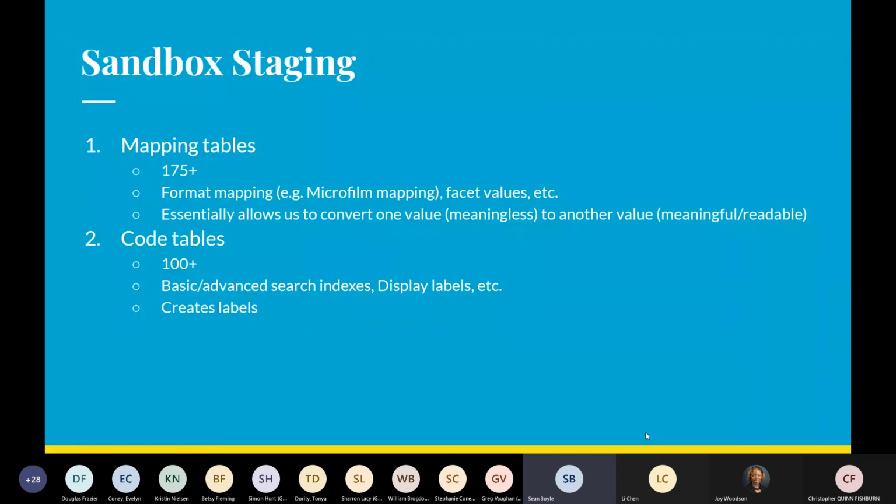So anything that you find in the facets, et cetera. There are tons and tons of mapping tables, but they basically let us take something that's potentially meaningless in the PNX, map it to a different value, and make it something that's meaningful and readable. And then on top of that, there are code tables. So you often do the mapping table as the next step, and the code tables are sort of the final step. And there are about 100 of these,